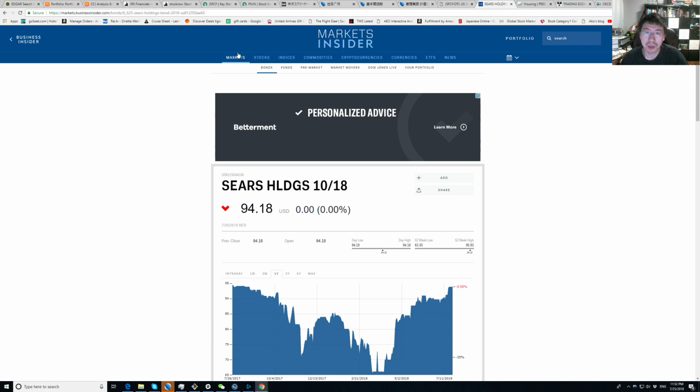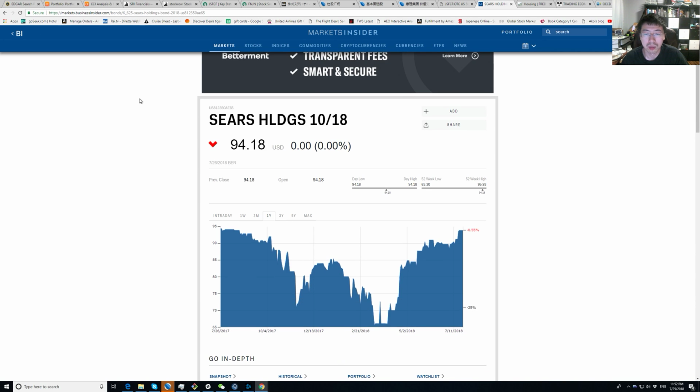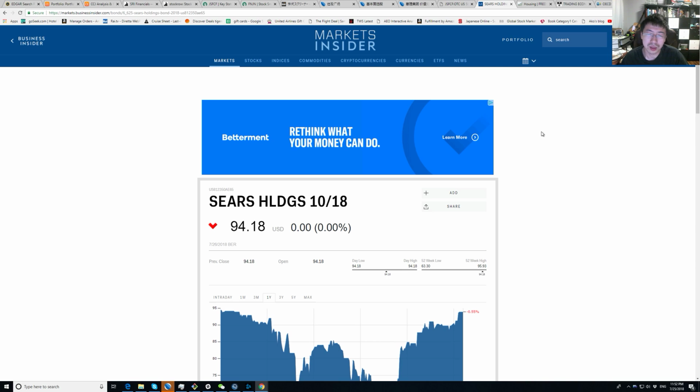And then Market Insider, for now, I find it good for bonds. This is a Sears Holdings bond that I bought at something like 92. It's maturing this year. I've talked about this. This one shows the price, and yeah. So I use this mostly for these. I think these are OTC bonds. I'm not entirely sure. Anyway, these. And then a couple other things like